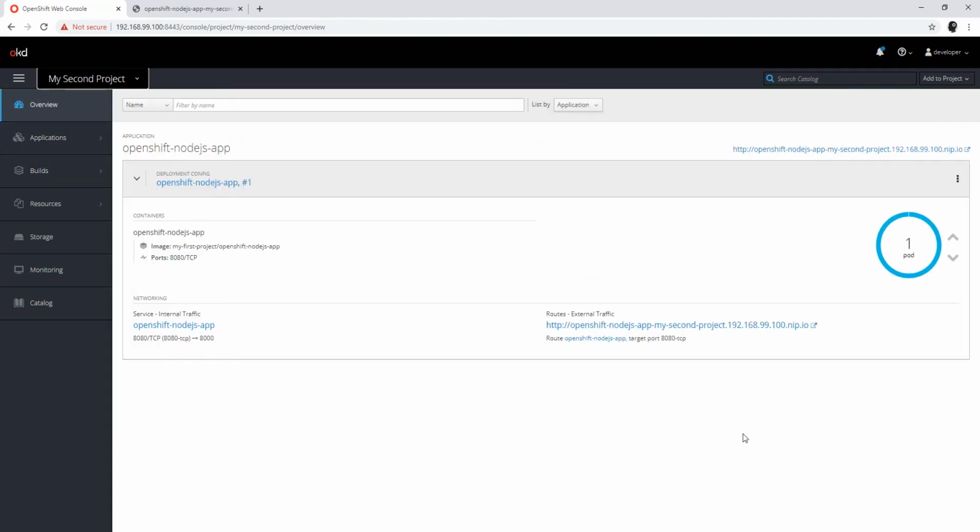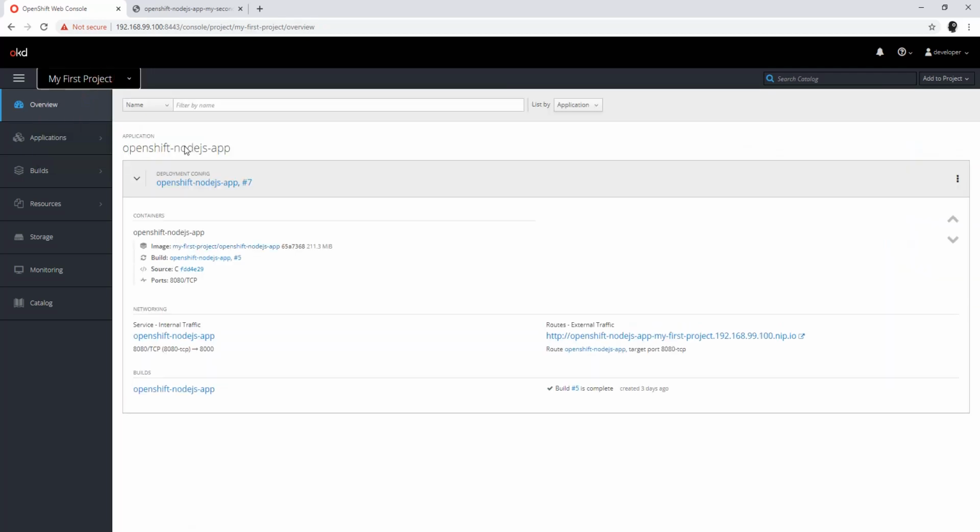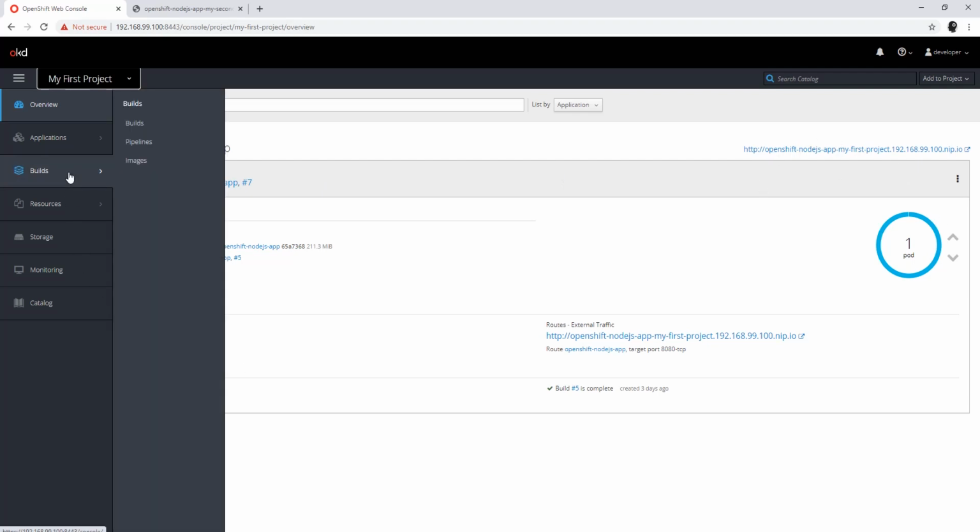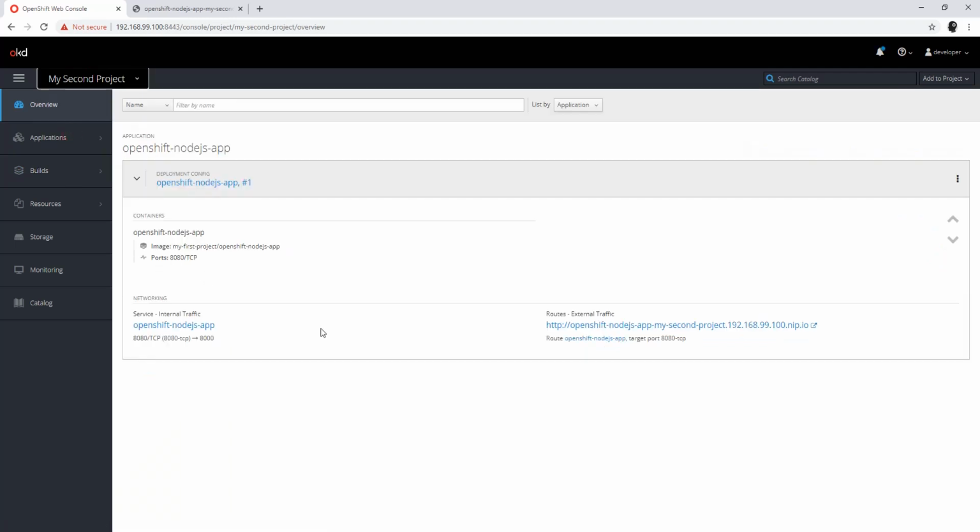So if you compare this to what we started with in the beginning, we have basically separated the build process from the deployment process. This project is only to deploy the image, and the build was happening in that project. And if you want, we can go ahead and delete all the deployments and other things from this project and keep only the image available in this project. I'm not going to do that right now, but that's the goal of this. So here, all the future builds can happen in first project, and then we simply pull the image to this particular project. The permissions have been set.